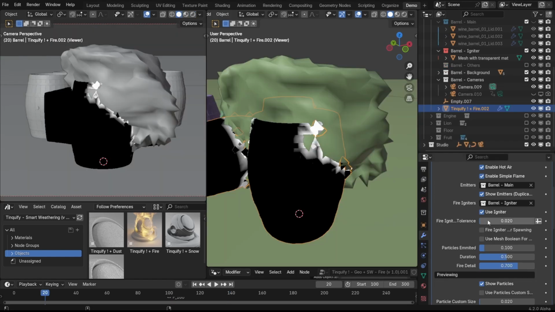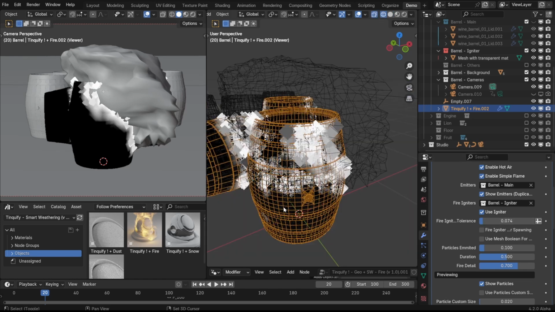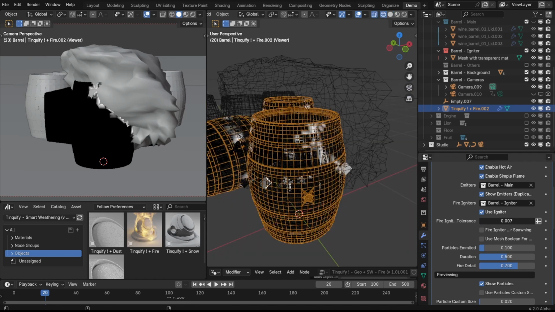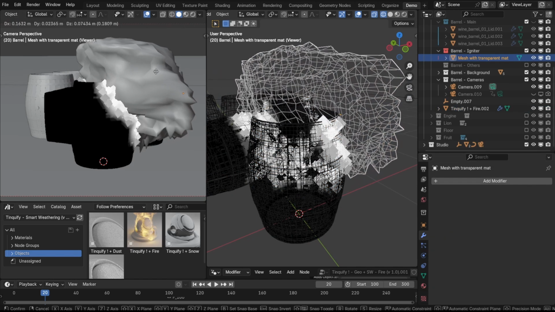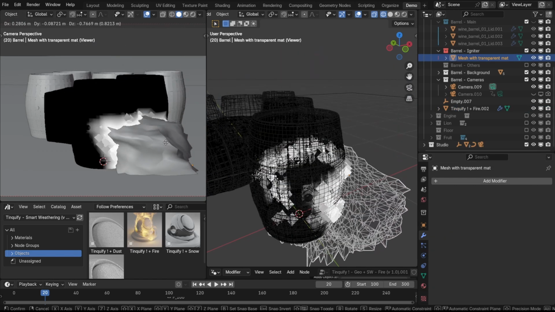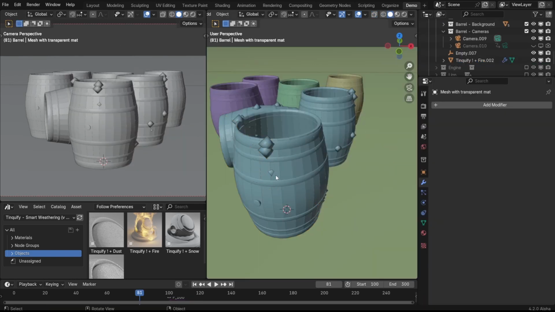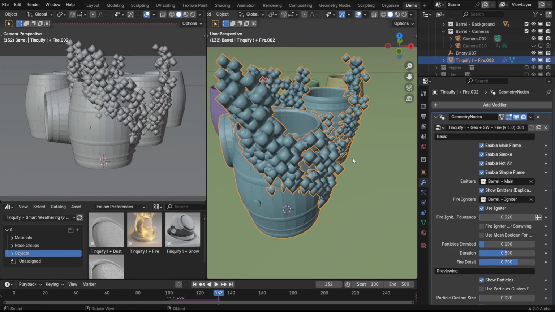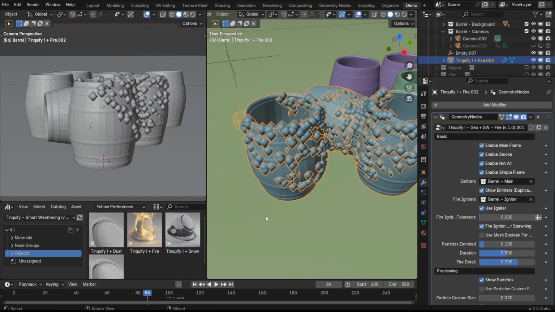Now let's see some of the main parameters. The first one is the igniter tolerance. You can see that when we increase this value, the tolerance on the intersection is increased and more particles are created. The next one is an option to enable using the volume intersection to create the particles, but it is